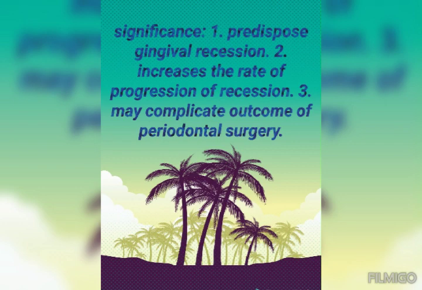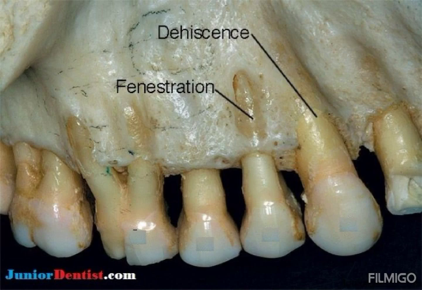And what is the significance of fenestration and dehiscence? They may predispose to gingival recession and increase the rate of progression of recession, and they may complicate the outcome of periodontal surgery. These are the significance. So here this picture is showing